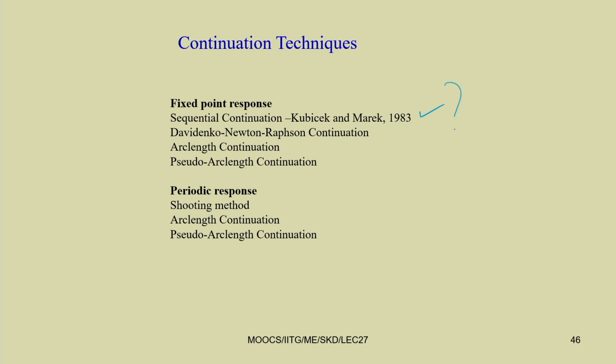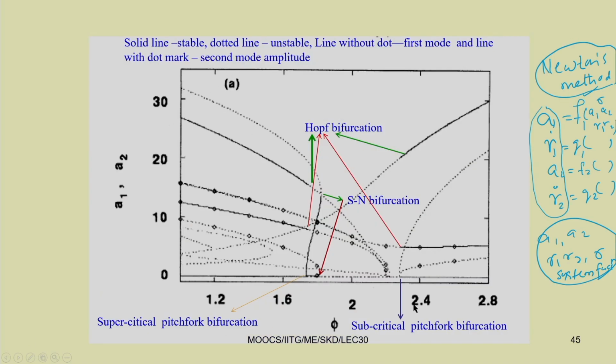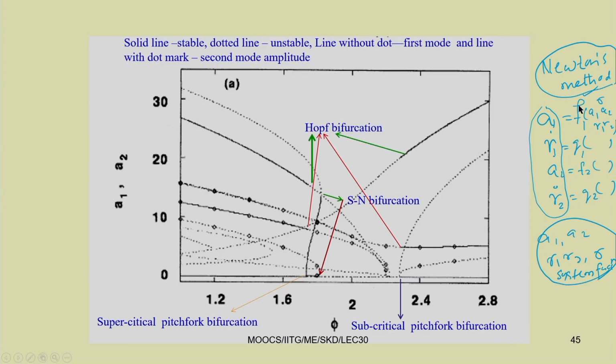For more details, you can see the book by Nayfeh and Balachandran on applied nonlinear dynamics. You can study the details regarding these continuation techniques from that book. But to easily find all these responses, initially take some arbitrary initial conditions, find the steady state response, and take those steady state responses as the initial conditions and run this Newton method to find all the branches of the solution.